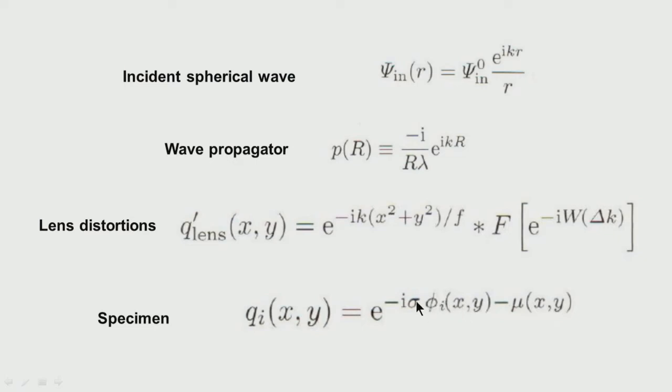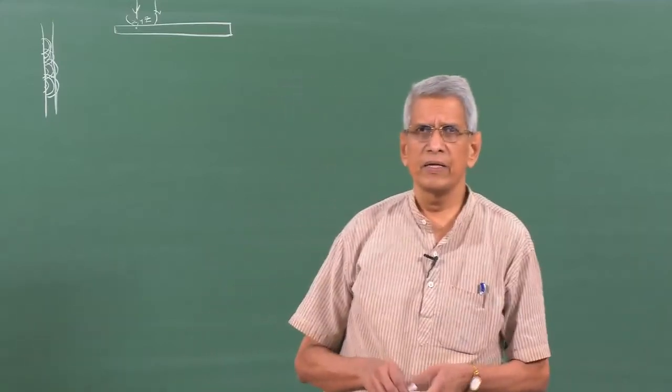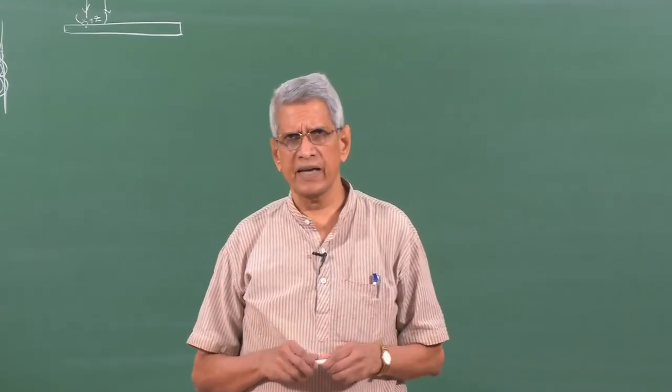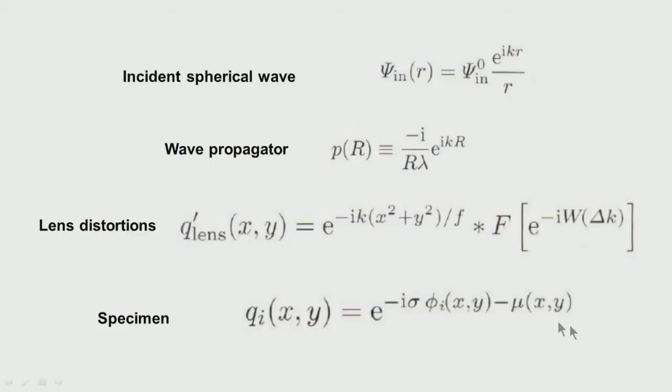That is, as the wave passes through the sample, its phase is shifted, and this phase shift depends upon the inner potential of that sample. We will come to how this happens. And then there is another term, e to the power of minus mu(x,y). This term is a real term. Whenever we introduce such a real term, it shows that there is absorption taking place. That is, when the electron beam enters the sample, suppose some inelastic scattering takes place, so part of the electron beam is lost. That absorption is given by this particular factor.